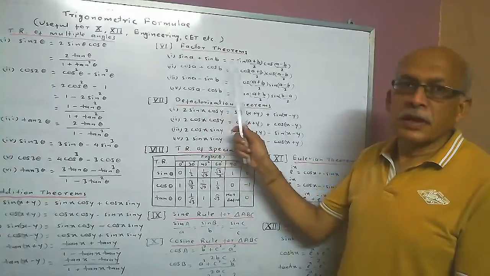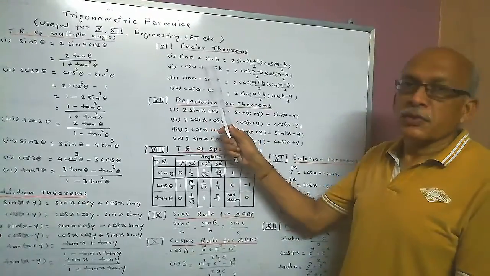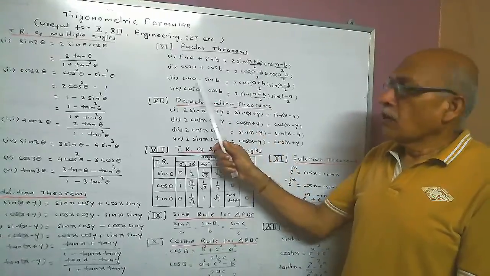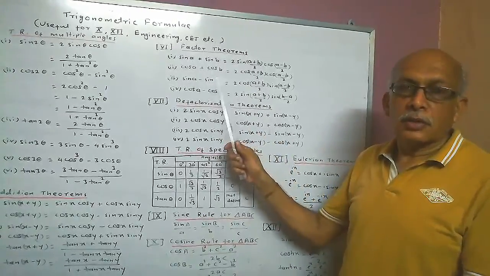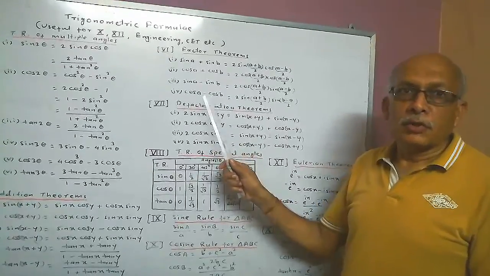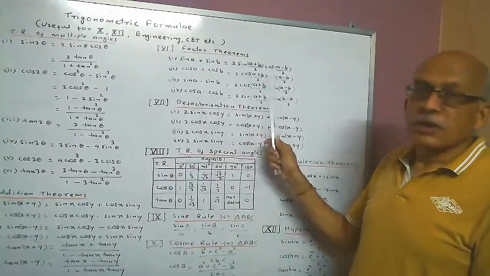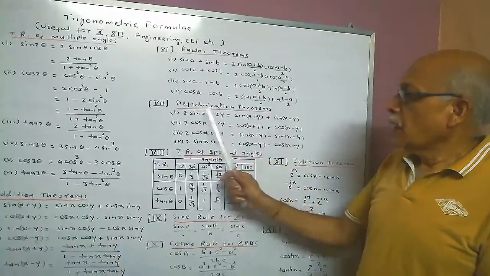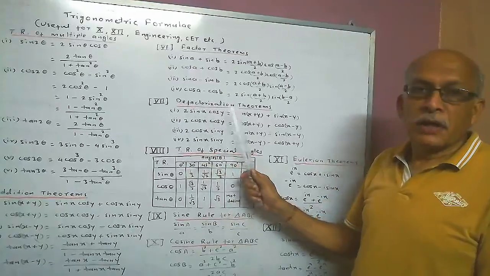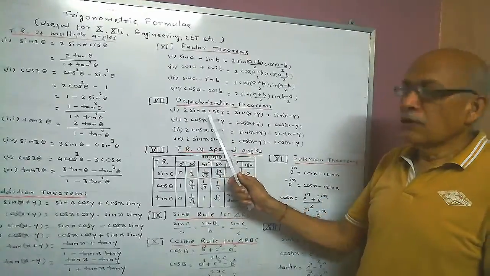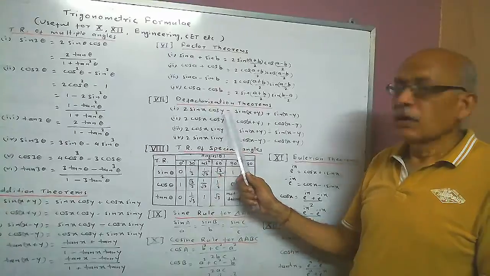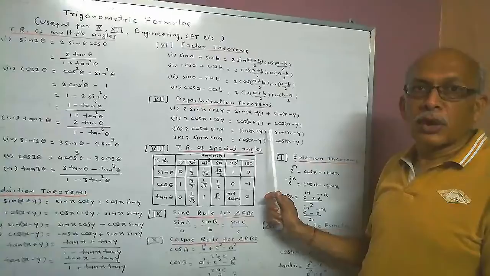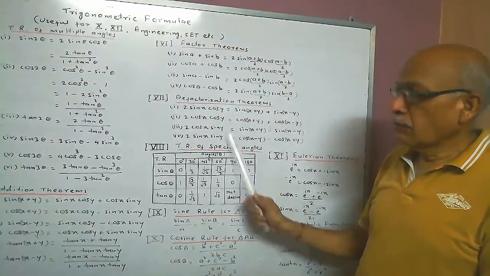Sixth formula is the factor theorems. That is sine of a plus sine of b, or sine of a minus sine of b and so on. See here there are two terms of the trigonometric ratio which we can add or subtract to express in the factor form. See the right hand side, we are getting the trigonometric ratio of the factors. Now another one, seventh, is the defactorization theorem. Here you are given a product like 2 sine of x cos of y, and that can be expressed in terms of trigonometric ratios. There are two terms of the trigonometric ratio. Here there are 4 forms.